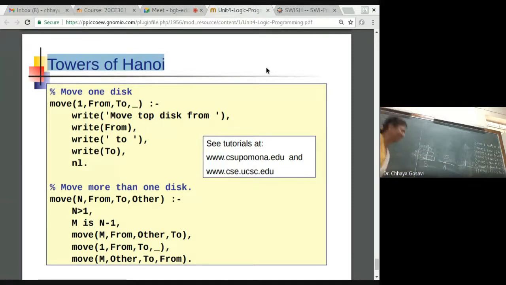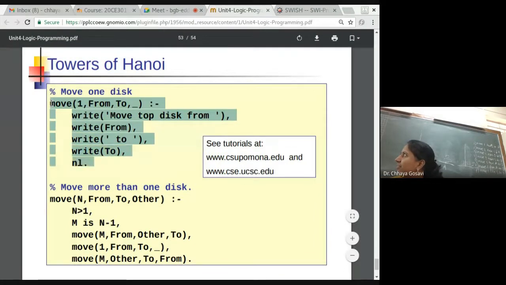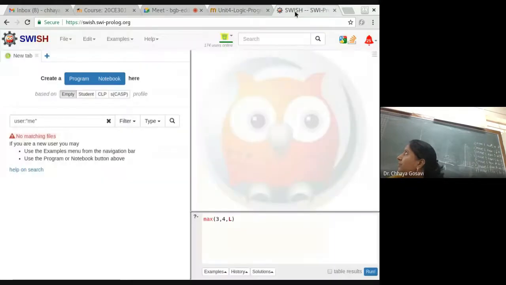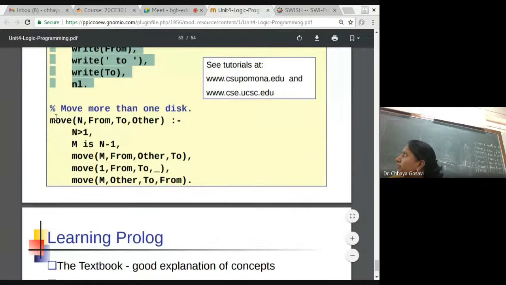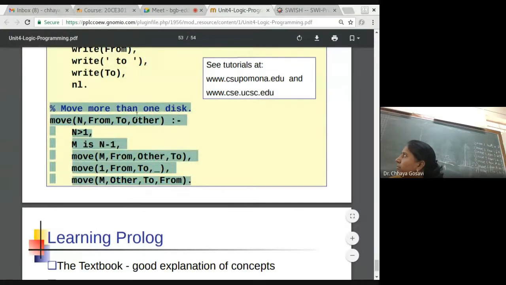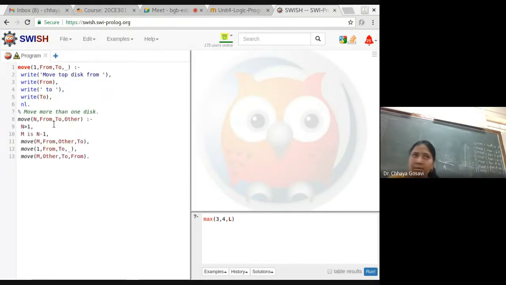I'll explain this code to you. This is working code. In this case, we are using recursion three times.